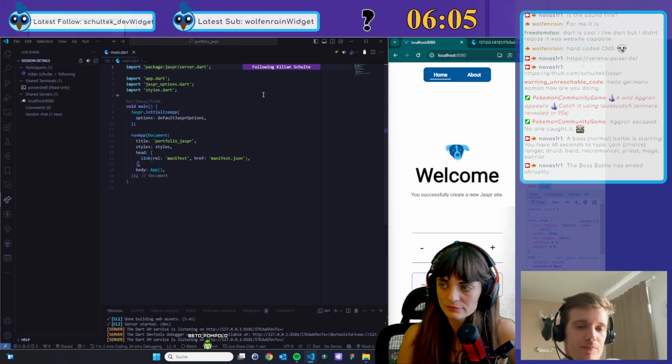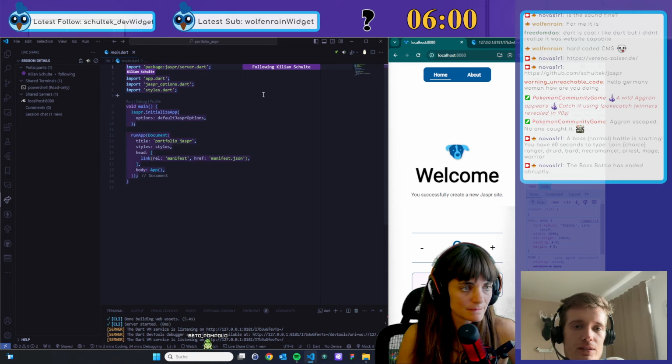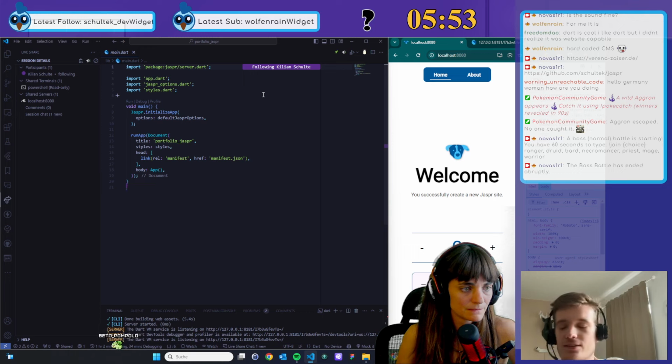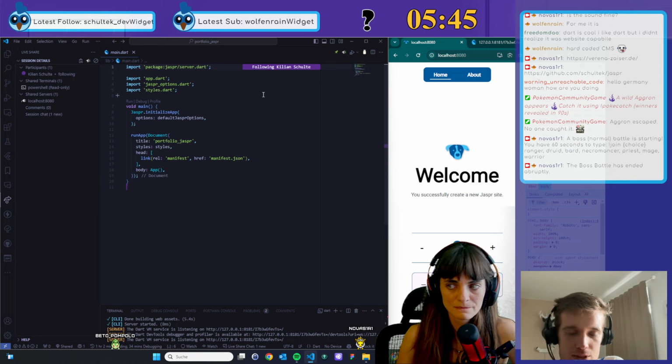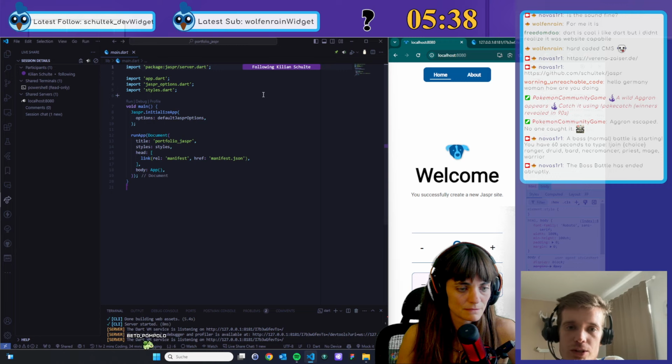Yeah. So I'm in the main.dart, lib/main.dart. This is the entry point for the server. So we selected static mode. We don't do traditional server-side rendering, but we still have a server entry point because server doesn't specifically mean a running server somewhere. It just means whatever computer does the pre-rendering. And in our case, this is your computer. As soon as you run Jaspr build, this will do the pre-rendering of your site.